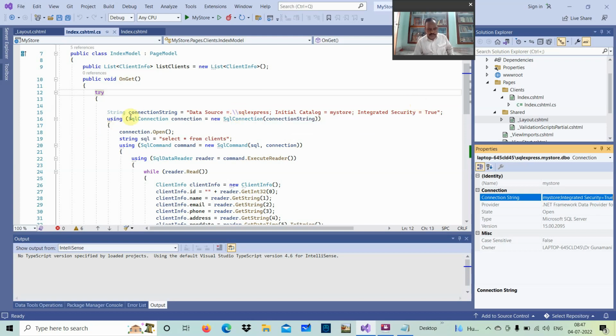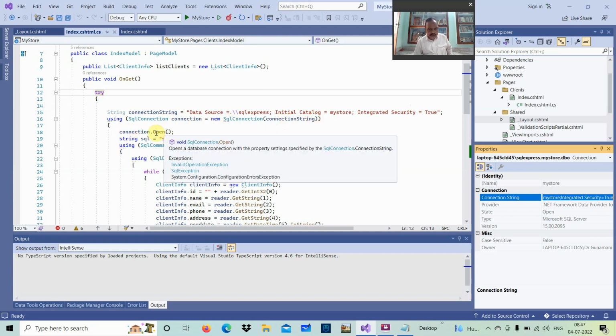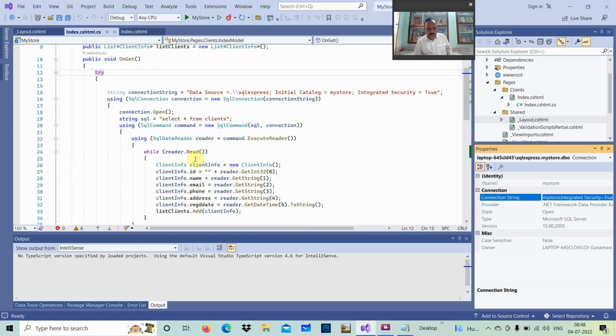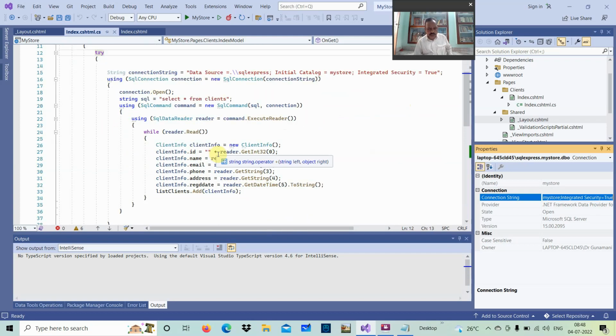Okay, then for this connection you are using SQL connection, new SQL connection string, and here we are using connection dot open and string SQL, select all from these clients, and using SQL command. So in new command I am putting here, and also for reading this data I am using SQL data reader, command dot execute reader. Okay, then while reader dot read, then what you need to do here,